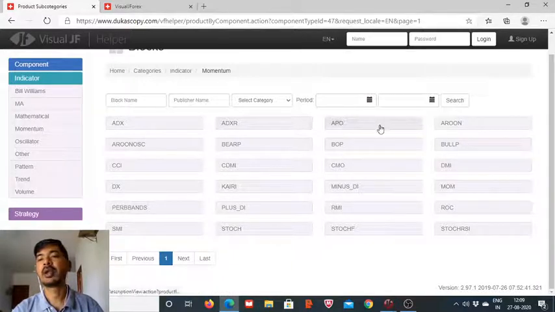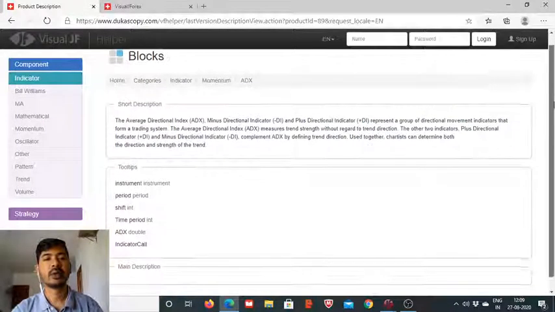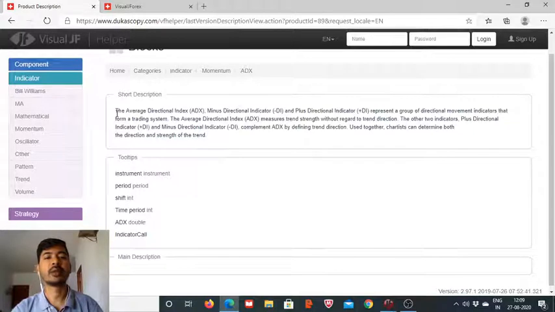Here we have the listing of all the momentum indicators which we will be going through in coming sessions. So we have a pretty long list of momentum indicators here. Now this is the first, for getting started with the momentum indicators. From this short description you can make out that this indicator mainly deals with the strength of the momentum. The direction is not